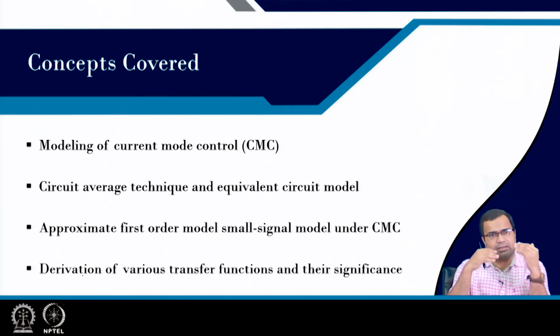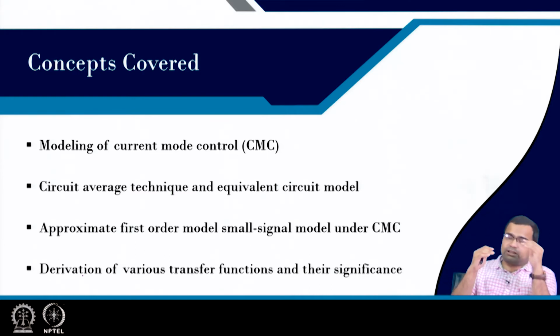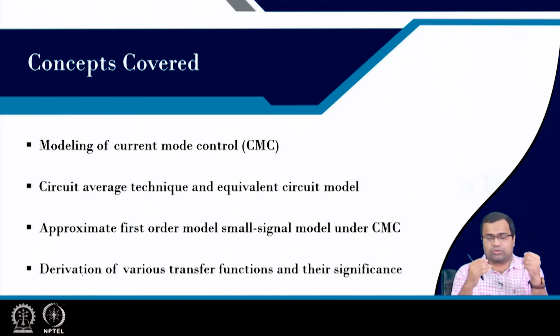For a practical boost converter, there is one more zero due to ESR. Now, we want to see whether the boost converter under current mode control has a right half plane zero, and if it does, whether the location will be the same as earlier or different. That aspect we will keep in mind.